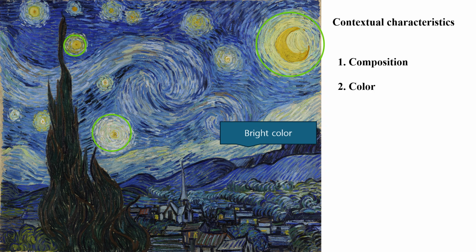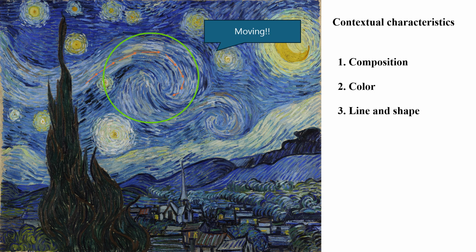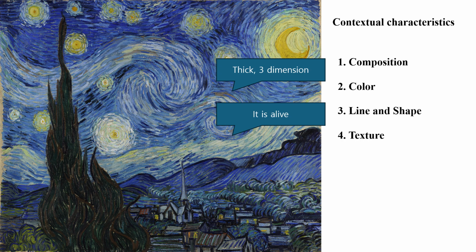The vivid color reveals his belief that the night contained more richness and vitality than the day. The colorful stars and night show the impression of Van Gogh. The swirling clouds and turbulent line express his inner anxiety and sense of loss because of Gauguin. Finally, the textural brushstroke embodies not realism but Van Gogh's emotion and impression of the world.